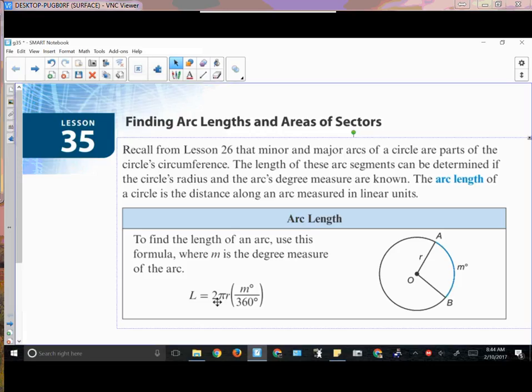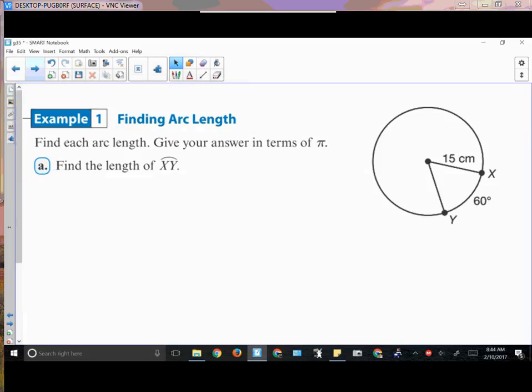If you look at this formula, it's 2 pi r. It's basically the same as going around the circle, the circumference. 2 pi r, pi times diameter. And the degree measure that we are given is simply a fraction of going all the way around the circle. So, if I want to find the arc length of W, or say X to Y,